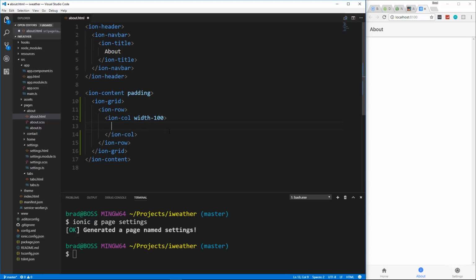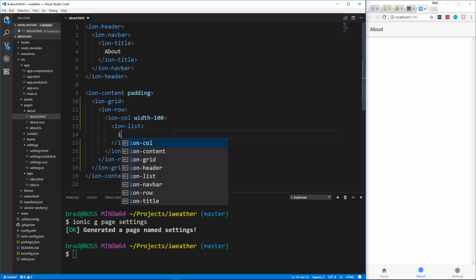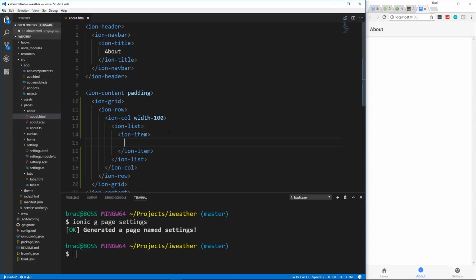And then what I'll do is put a list. Okay, so this is similar to like a Bootstrap list group. And that uses the ion-list tag. All right, so in the ion-list we have our items. So let's do ion-item, and I'm just going to put in a strong tag here, and we'll say app name. Okay, and we'll say app name is going to be iWeather,